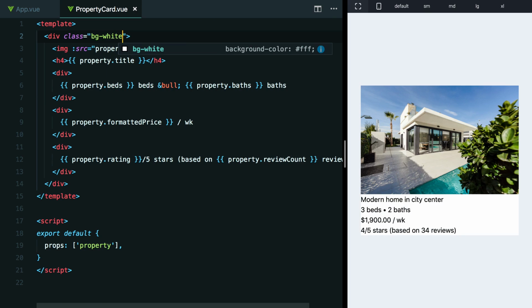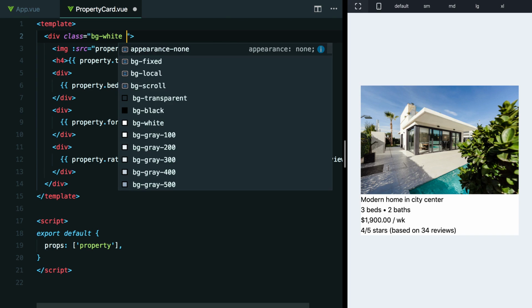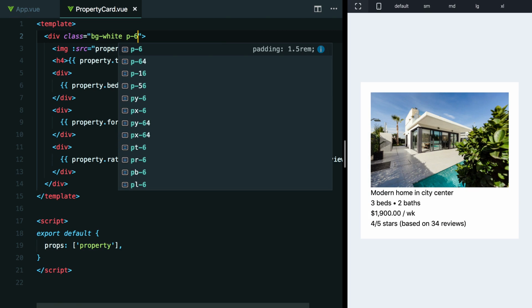Okay, so now we do have that white background in the content area. But now if you take a look down here, you can see it looks really cramped because all this content goes right to the edges of the card. So the first thing you might think to do is add some padding to the actual root level element itself, like maybe something like P6. And you'll see that this does create some space around the actual content, but it also creates some space around